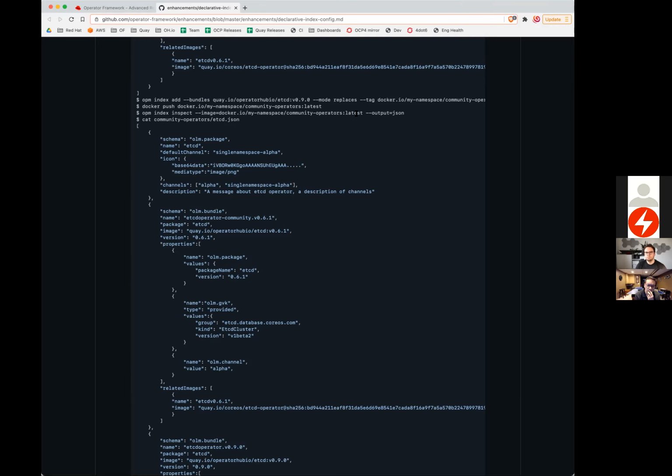But at the end of the day, you're responsible for making the graph that you want. So if you make something completely wacky that doesn't make sense semantically, like version 2 replaces version 27, we wouldn't be able to understand semantic things like that.